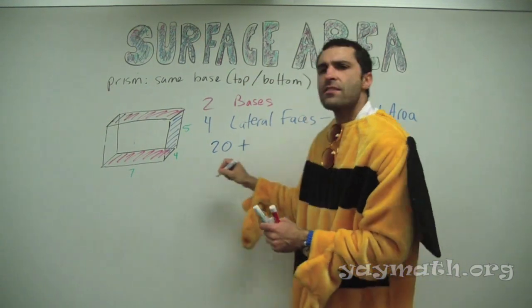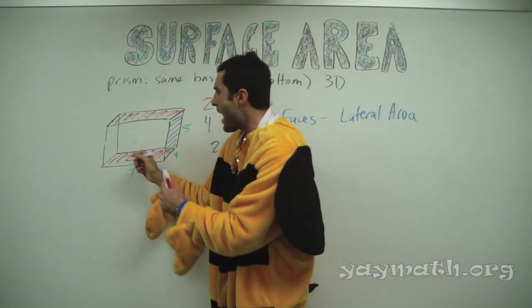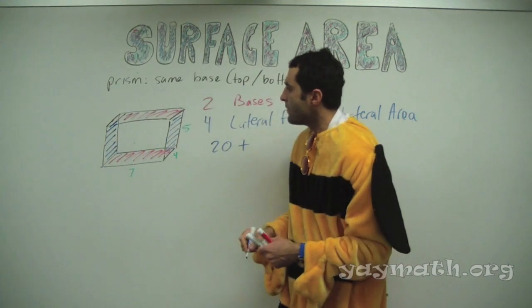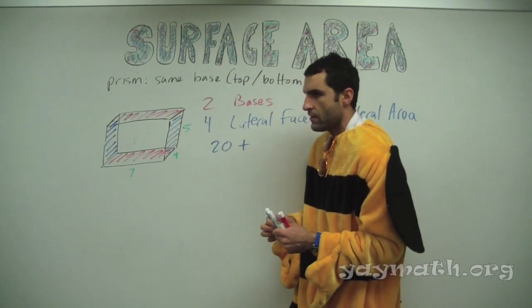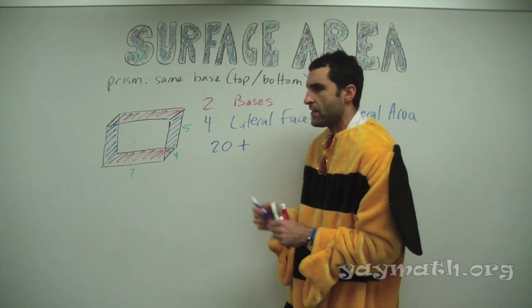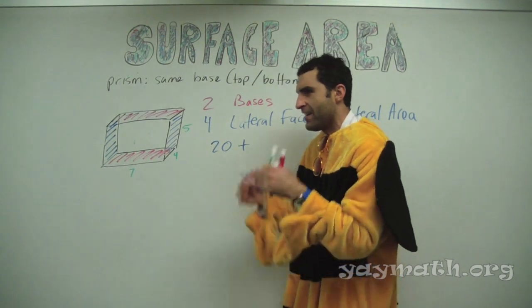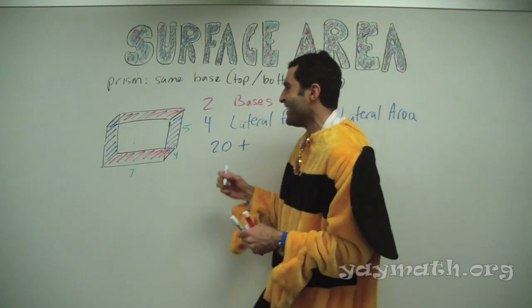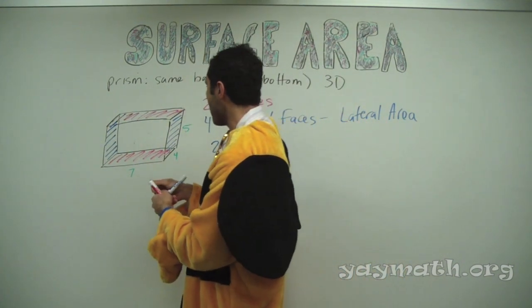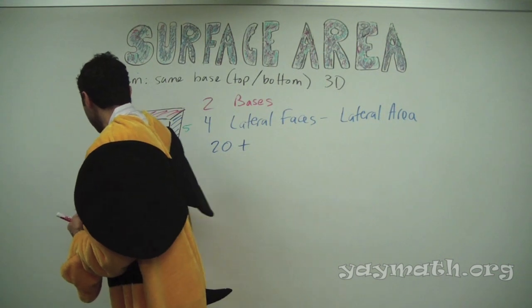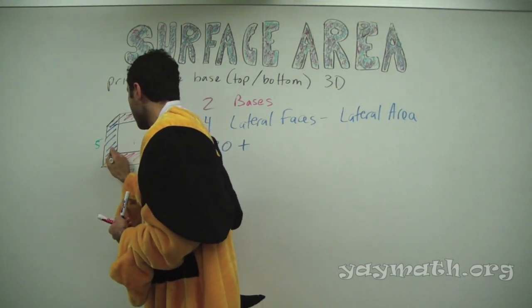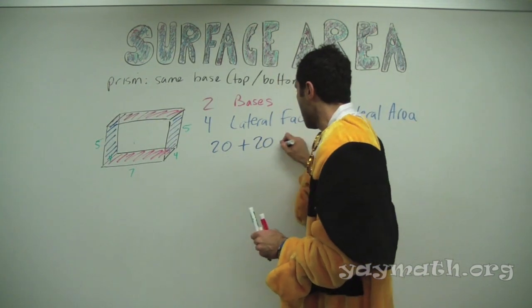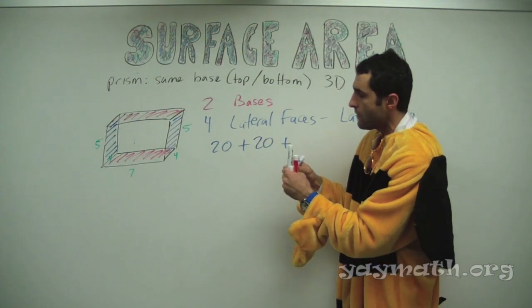Plus. Any questions about that? We're adding areas. How about this one on the side over here? The same, because the bases have to be the same. Is that clear? Why would it be 20? It's a replica of that. So we could even replicate the 5 over here. We could replicate that this piece is 4. So we have 2 20s in there. Plus, now the front one,